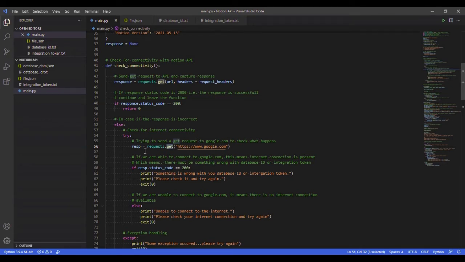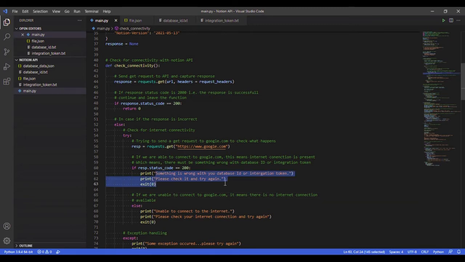So again we will send a GET request to google.com and capture its response. In case we get a 200 status code in the response, it means that the computer we are working on is connected to the internet, but somehow the database ID or integration token must be wrong.